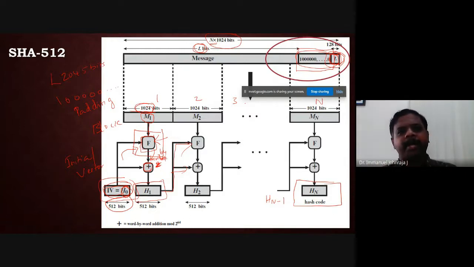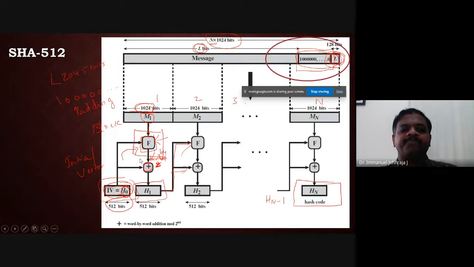Okay, that's what is happening. So padding is always done as I said, and at the end of the day you will have 1024-bit blocks: 2 blocks, 3 blocks, any number of blocks. So generally it is n number of blocks. All these n blocks are processed separately but not independently. What do you mean by that? See, this block is processed separately, this block is processed separately, but they are not done independently because the value which they are expecting is to be received from the previous one. Now you can find out how many of these values can be generated using parallel processing, or whether we should only depend on serialization here. In the hardware implementation you can debate on that.